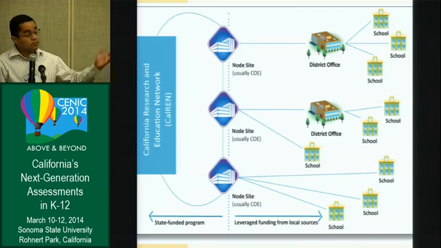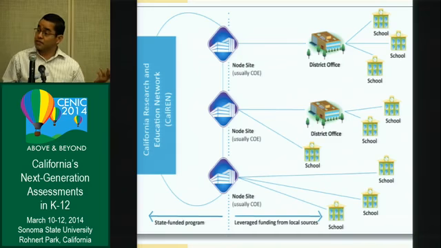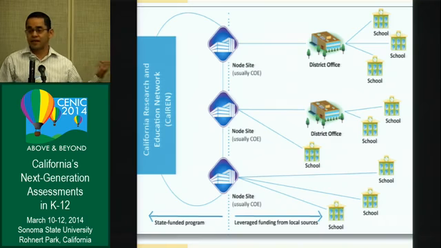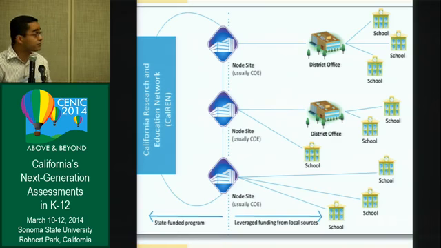In some cases, because of geographical challenges, we may have a school connected directly to a node site. And that typically is an alternate connection model, and that has to do with maybe this school district not having the capacity to serve the particular school for some reason. We also have an exception in LAUSD, being the largest district. It's just connected directly to CalREN. It doesn't make any sense to put it behind any county office just because of its sheer size.